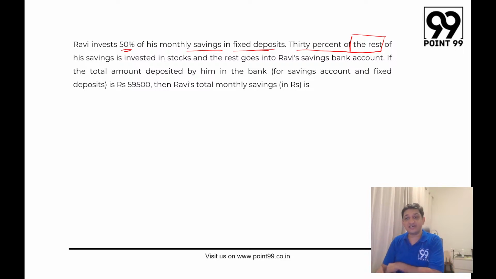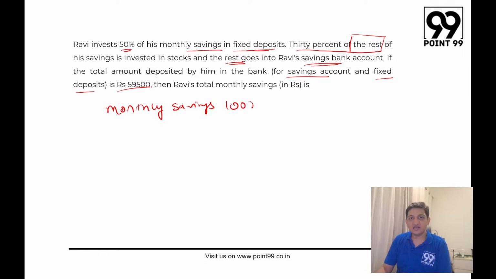It's 30% of the rest. And the rest, meaning whatever is left after 30% of the rest, that goes into his savings bank account. If the total amount deposited by him in the bank for savings account and fixed deposit is 59500, then what will Ravi's monthly savings be? So Ravi's monthly savings, let's say,